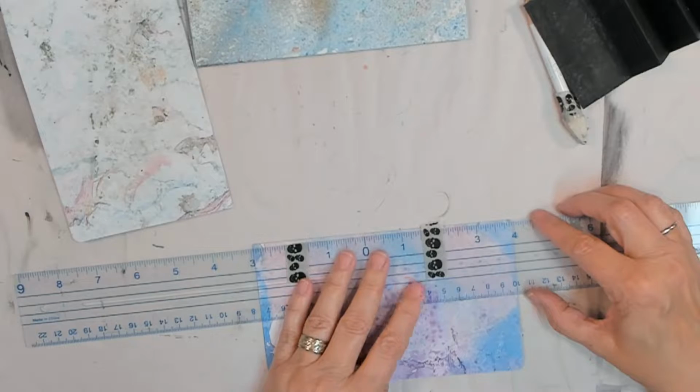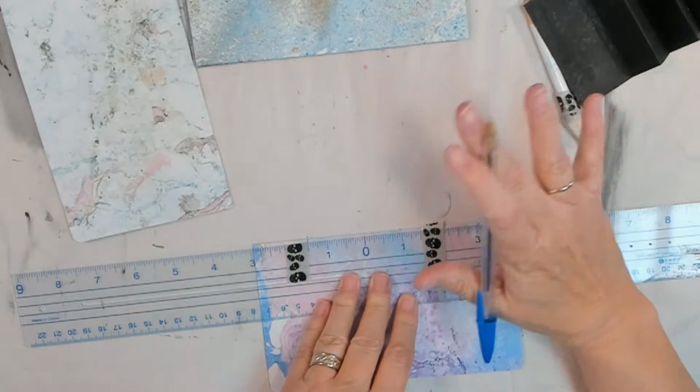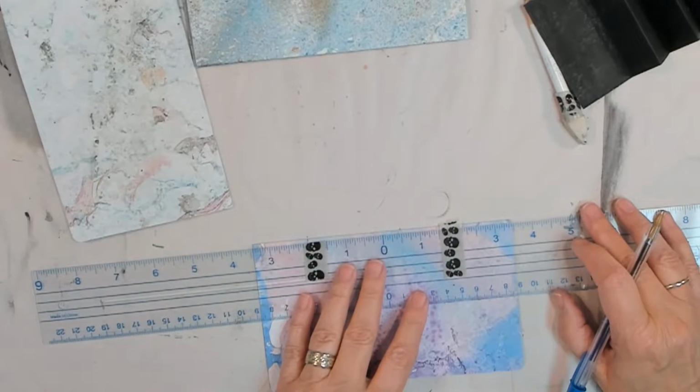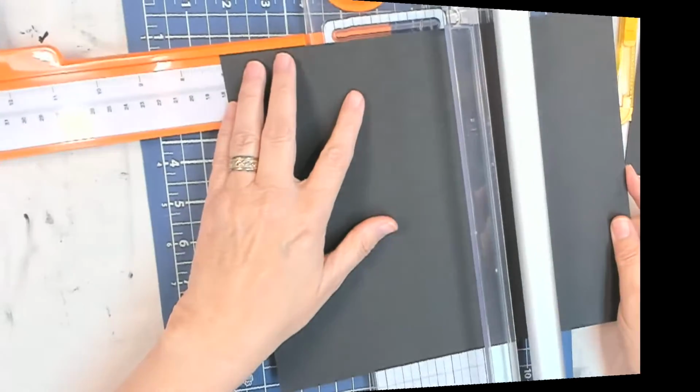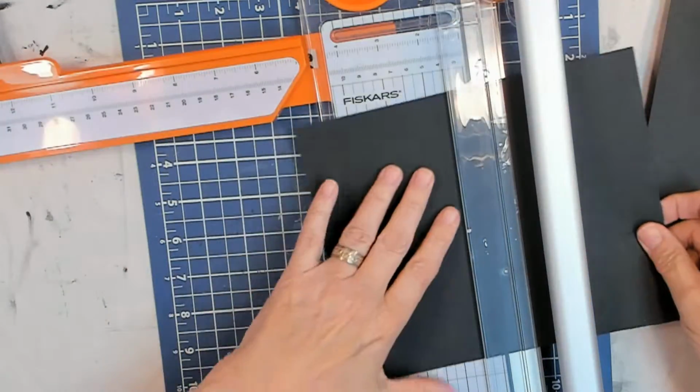Now this one, notice I have offset my ruler. And I mark it, and I'm like, wait, that looks funny. No, don't do that. Word of advice, if you use an ink pen, you can't erase it. Okay, so now,